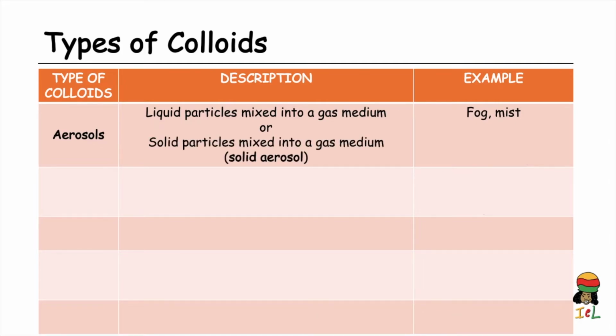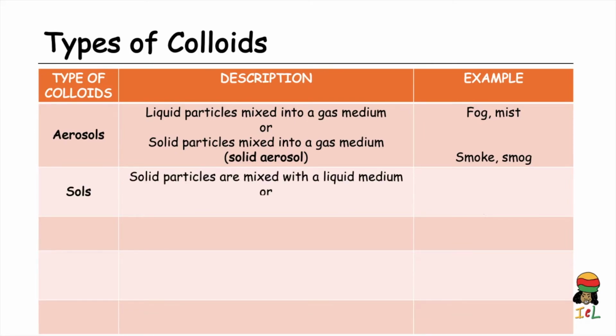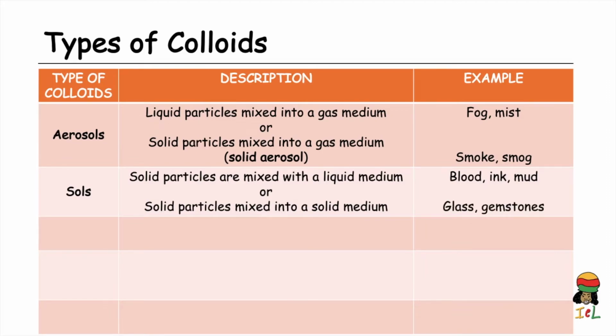We also have solid aerosols in which the solid particles combine with a gas medium, as is the case with smoke, smog, and volcanic ash. Sols are formed when solid particles mix with a liquid medium, example, blood, ink, and mud. We also have solid sols in which the solid particles are mixed into a solid medium, example glass and